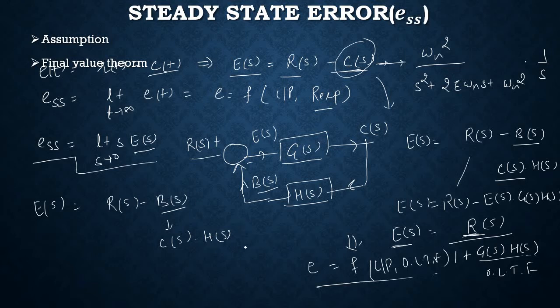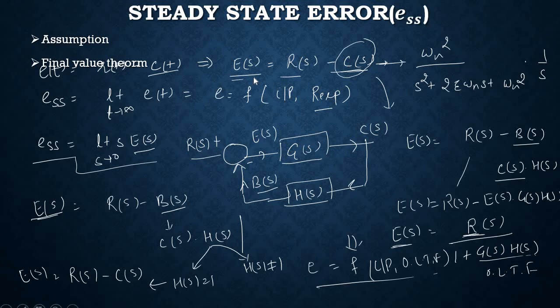If I take a unity feedback case, like H(s) equal to 1, in this particular case I can say our error will come out to be R(s) minus C(s), because H(s) equal to 1, unity feedback. But if H(s) is not equal to 1, then this creates a little problem, because in that case this E(s) will not come out equal to this E(s). Then definitely we can say one of the errors we calculate has a wrong result. So which one is wrong? Either this one is wrong or this one is wrong. We are going to discuss which one is wrong now.